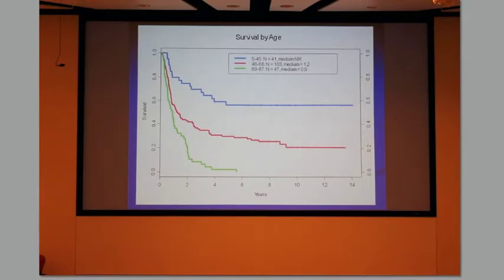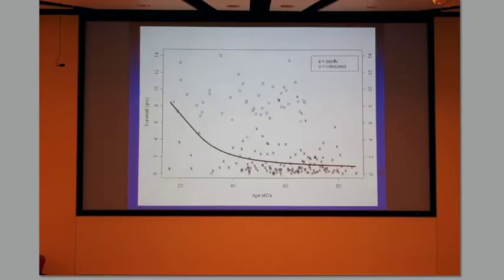And then for the older group, it's less than a year. You can see that for the older patients, they do much less well. So, rather than categorizing the patients based on age, we want a more direct assessment of how survival varies with age. When you do a scatter plot of survival data, the thing is that you want to